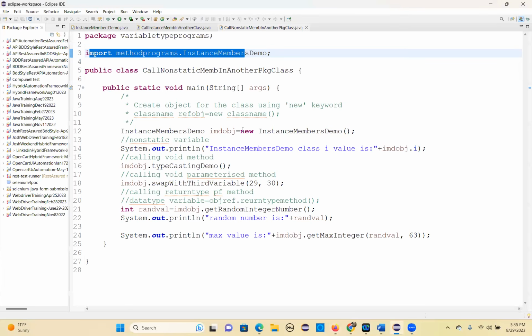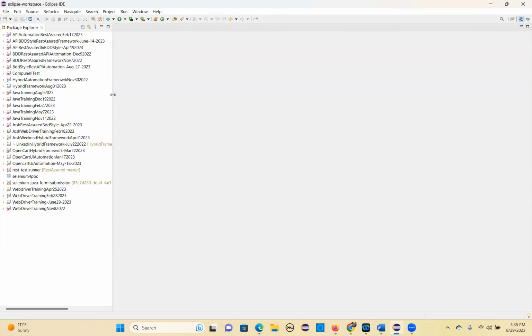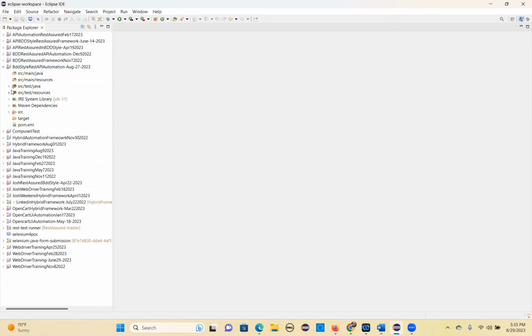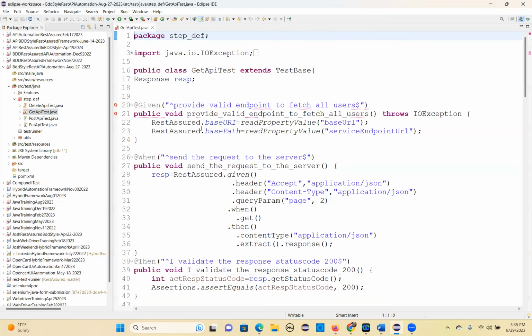So, how to run the step definition files and our test cases, REST API test cases. Let's see how to run them. In such kind of scenarios, you just need to